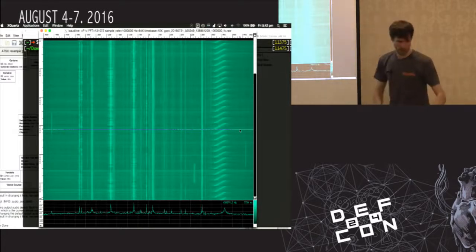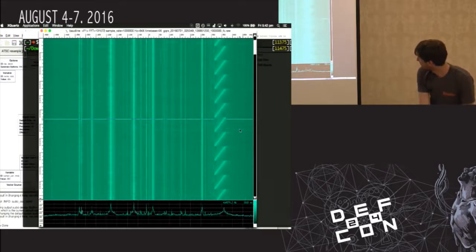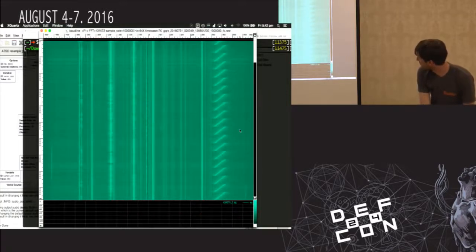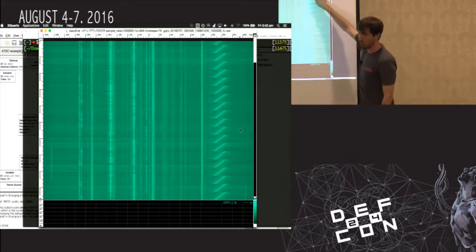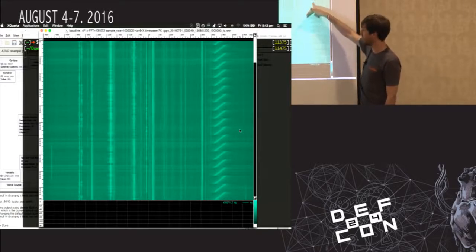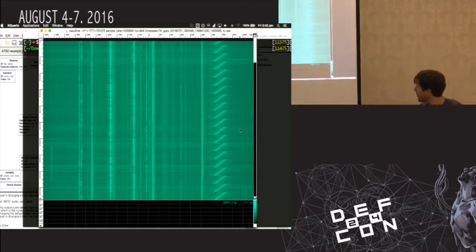But this is what the waveform actually looks like, and you can hear these things. I'm kind of running out of time, so I don't know whether we can necessarily listen to them. But what it looks like on the spectrum, as you saw before, was this sawtooth wave. So in this case, this is a down chirp, frequencies going down. And you can see here that you've got these lines. And if you actually zoom in there,